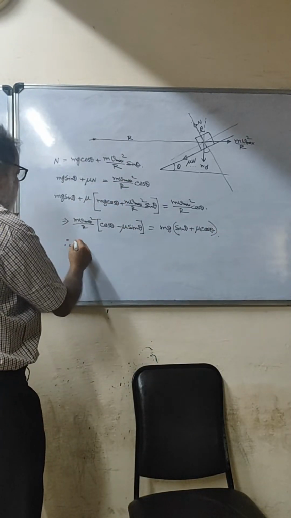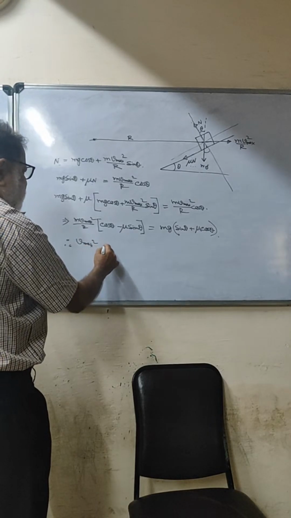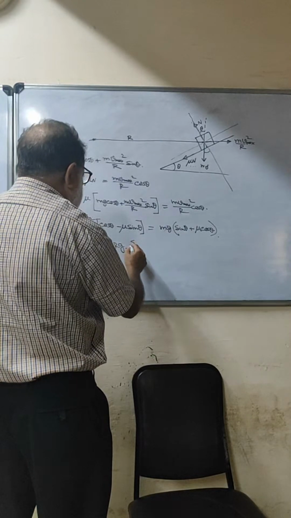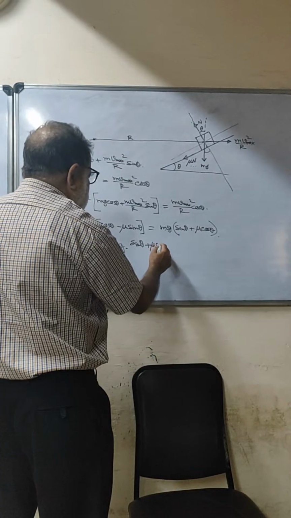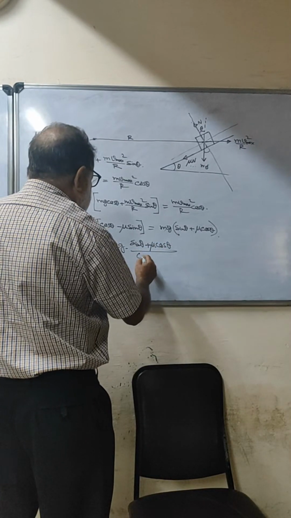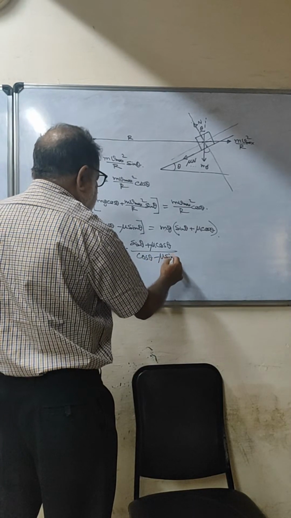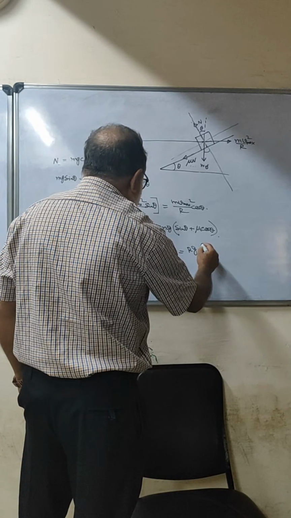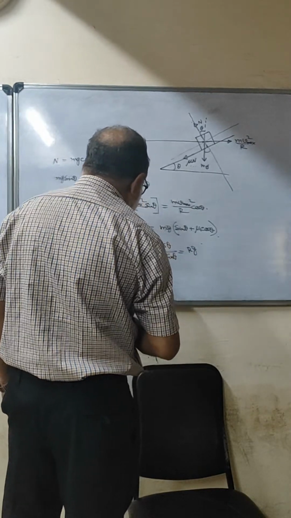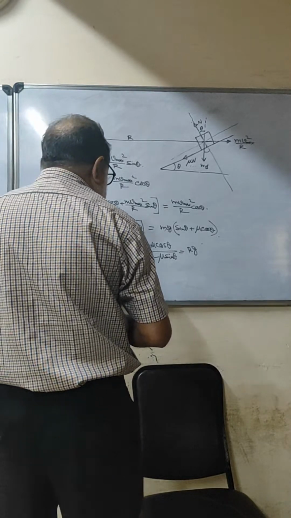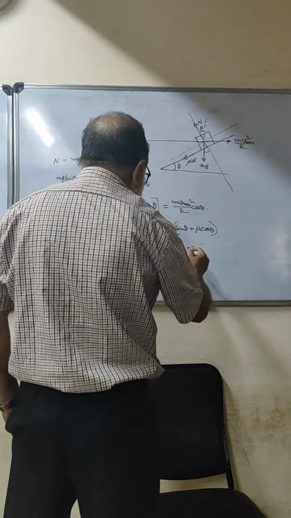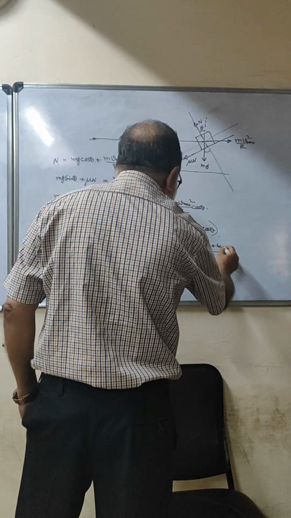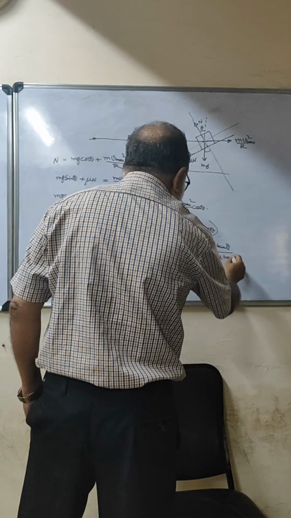Therefore, v max square is equal to rg, m টা কেটে গেছে, r টাকে ডান দিকে নিয়ে গেলাম, (sin theta plus mu cos theta) by (cos theta minus mu sin theta)। একে যদি একটু রেশনালাইজ করি, cos theta দিয়ে ভাগ দিয়ে দিচ্ছি। হ্যাঁ, তাহলে কী পাচ্ছি দেখো, (mu plus tan theta) by (1 minus mu tan theta)।